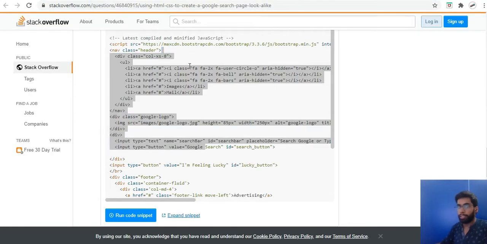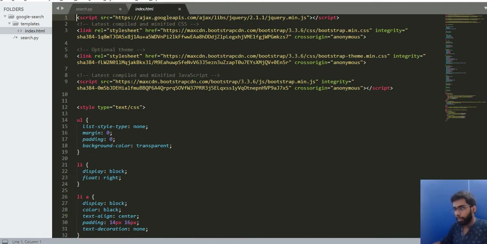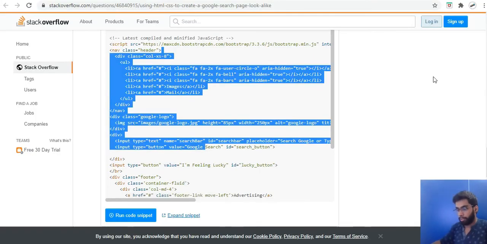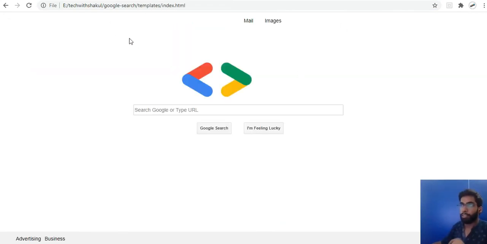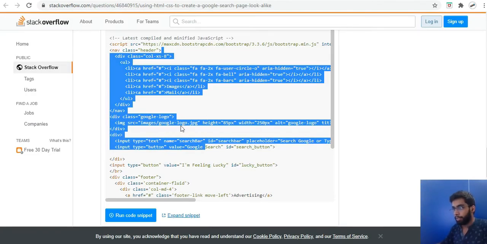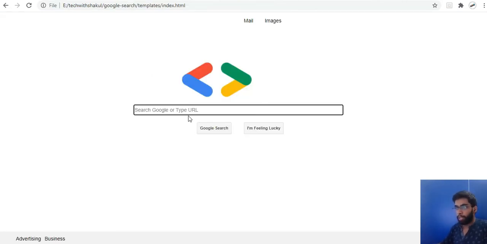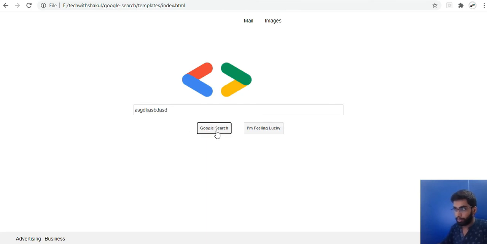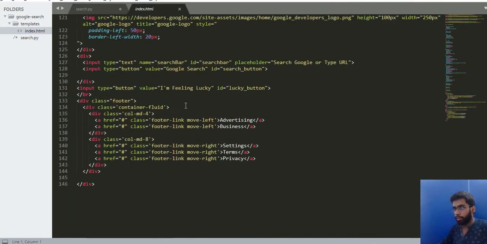So I'll just copy paste it, and I've already done that, into index.html, the file that I'm using here. Let me show you how it looks so that you have a fair idea. Templates, index.html. So this is what it gave me. Actually, I didn't change anything, not even a single bit. I just changed the image here and it gave me a beautiful search page. So anything I'm writing over here, when I press Google search, should trigger my search, right? So I'll start writing the code for this.